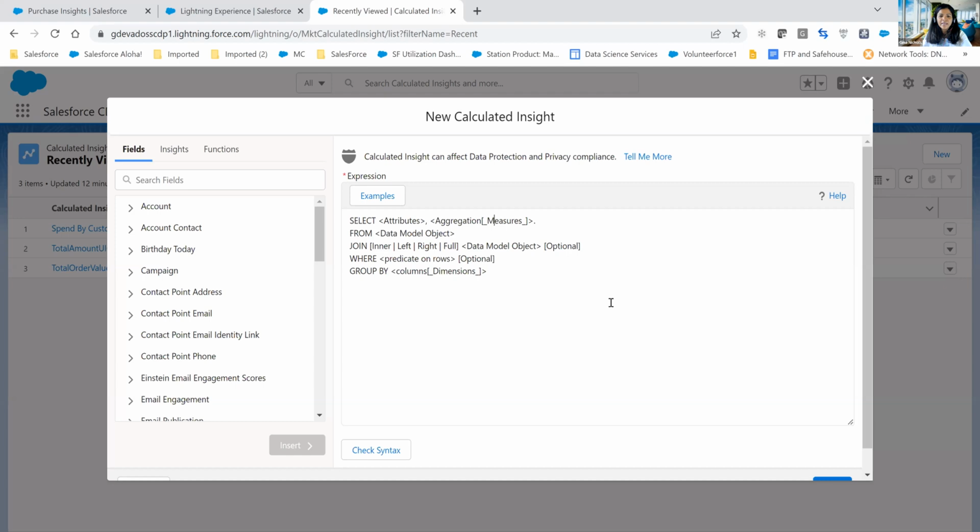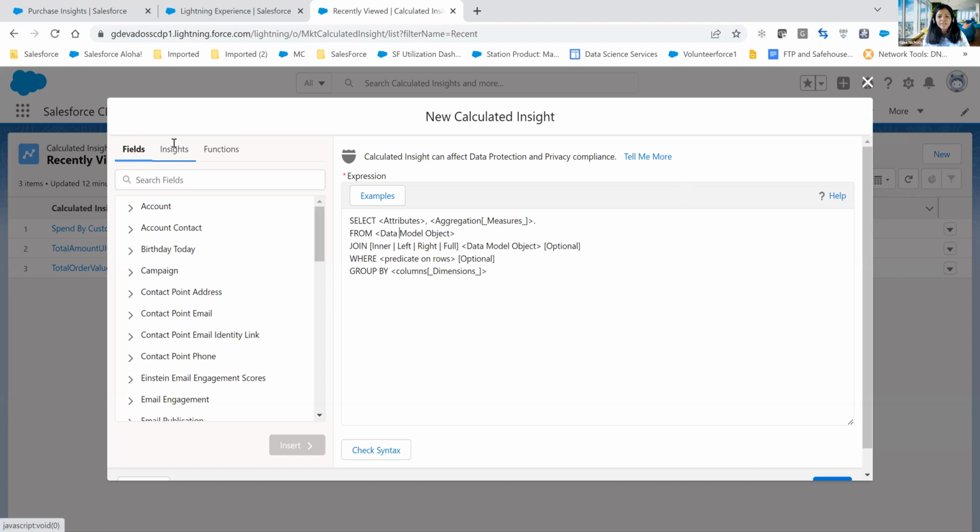In that case, my metric is going to be my sum of transactions, and my dimension is going to be my customer, because that's who I want this information by. That's how I would build my calculated insight. You can see there's some helper SQL here on what should be included. There's a GitHub repository with sample SQL that you can review to see how to build these.